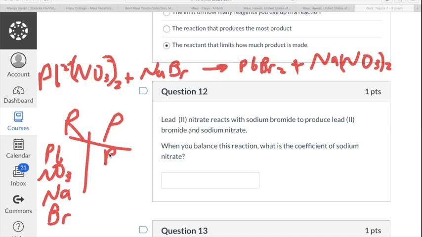And I should have everything on the other side as well, otherwise we are violating the law of conservation of mass. Na and Br. I count them all up. Looks like I have one lead on this side, one lead on that side. Looks like I have 2 nitrates on this side, and